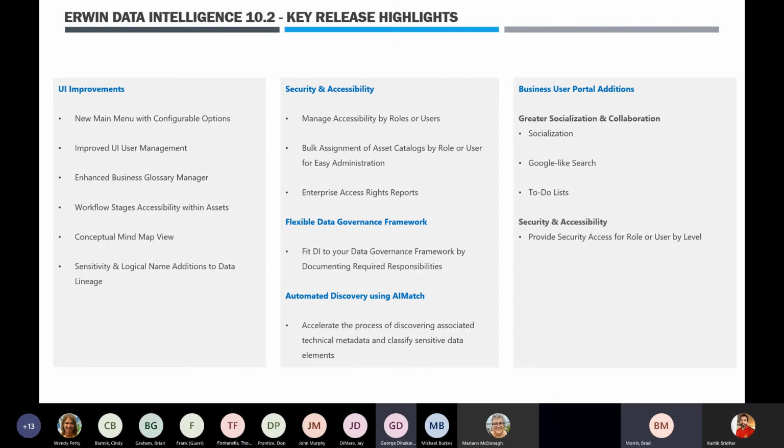Yeah, quick question, guys. Yes, Dinakar. Kartik, the BUP restrictions on the data source level, is it on? In the BUP also, yes, you'll be able to restrict access either by user or role on the metadata environments and the business glossary catalogs or the mapping projects. So individual source level, project level, we can restrict them. What you are doing in DI, you'll be able to do with BUP also with version 10.2. Awesome. Thank you so much. You're welcome.